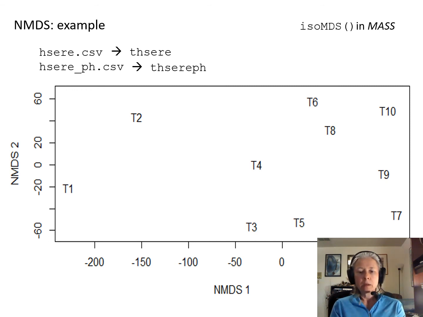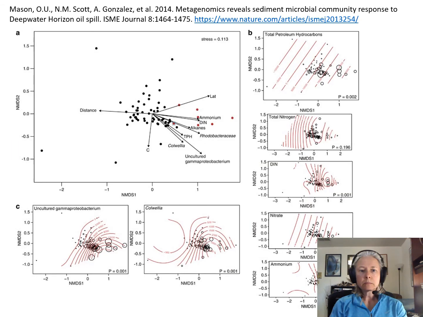So now let's take a look from the empirical literature at some studies that used NMDS. On April 20th, 2010, the Deepwater Horizon oil rig exploded in the Gulf of Mexico, killing 11 people and spilling over 4 million barrels of oil. That's over 168 million gallons, making it the largest marine oil spill in history and one of the largest environmental disasters in American history. Despite a massive cleanup effort, about 22% of that oil remains in the Gulf with presumed